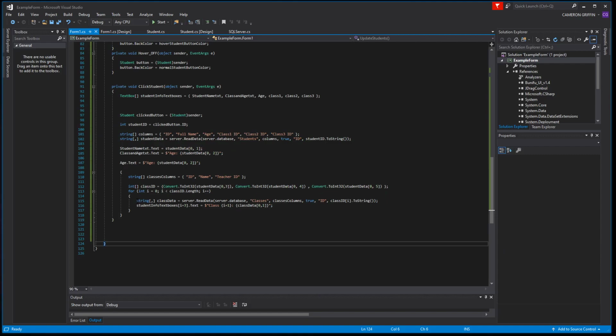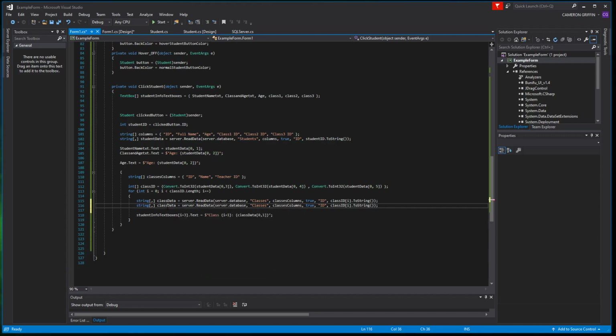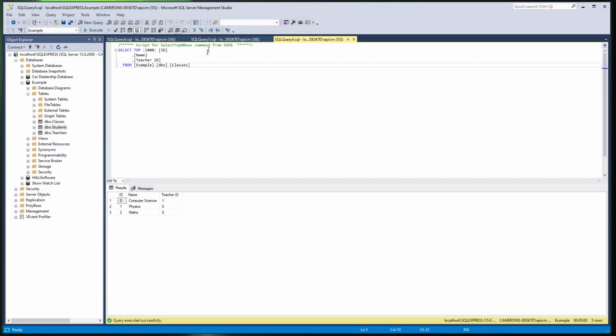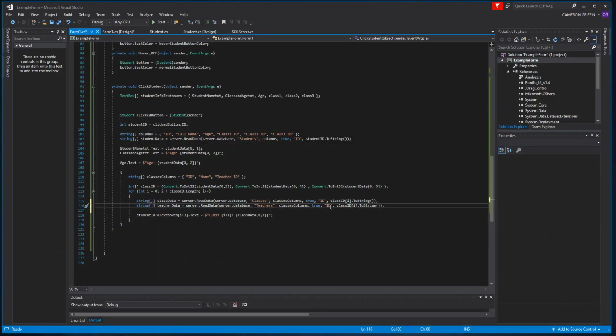So let's also do, we want to do another string array, and let's do teacher data. And we want to do in teachers, oh, we want a capital T on there. And how do we have the teachers one set up? We have that set up with the ID and full name. So we want to do it where ID is equal to,